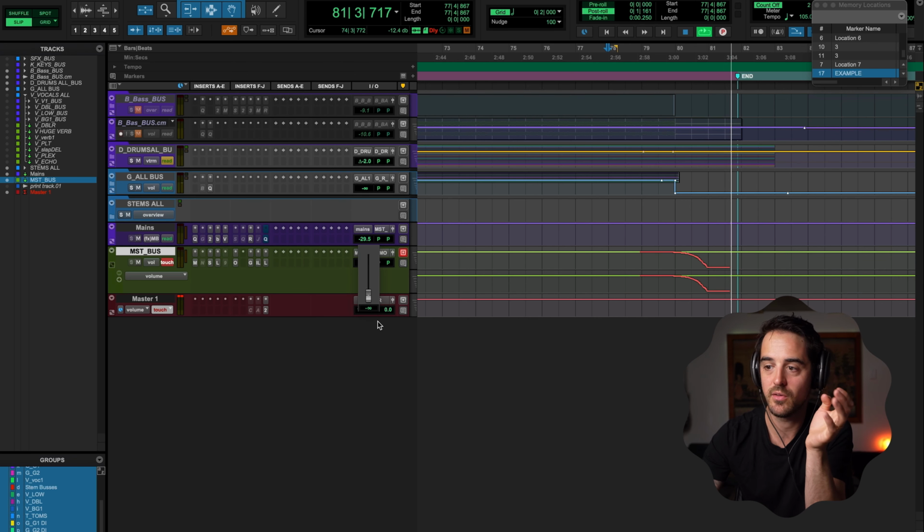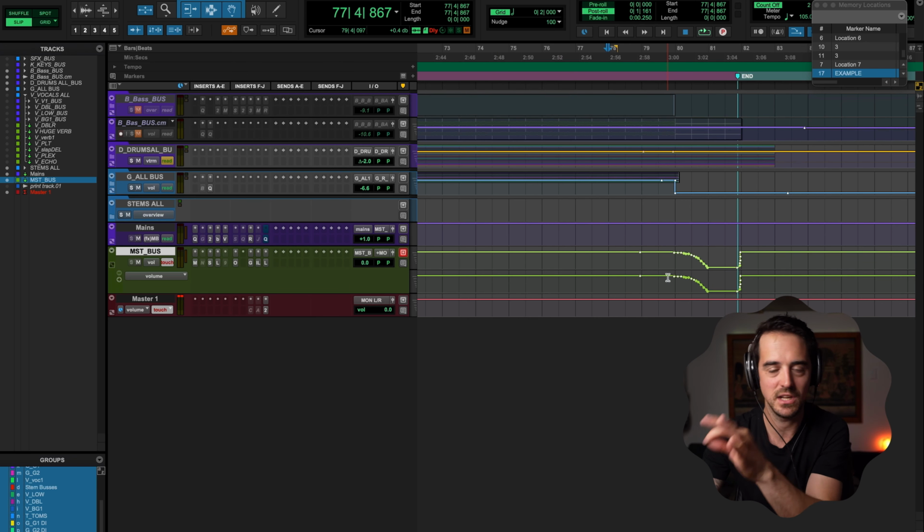There we go. Even though the song's already ended and gone to silence, I still put a fade in just to make absolute sure that there's no quiet information that's just going to get hard cut. It's always going to have a gradual fade there just to end the clip and end the song, and again, avoid any pops. But if you did want to have a classic rock fade out,